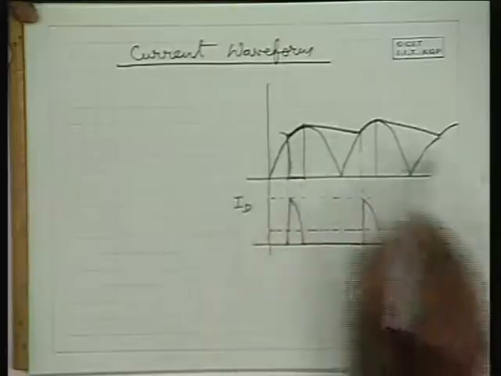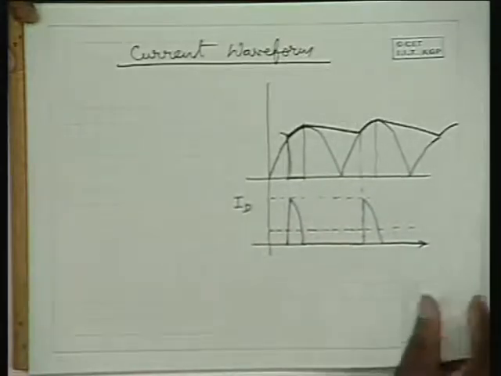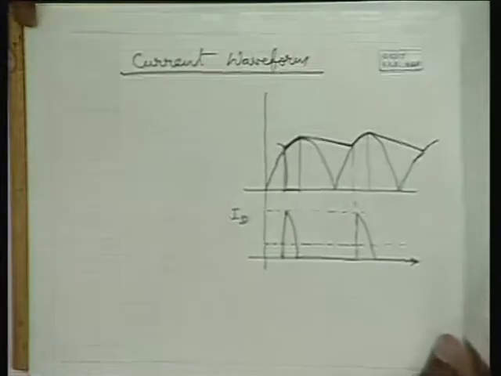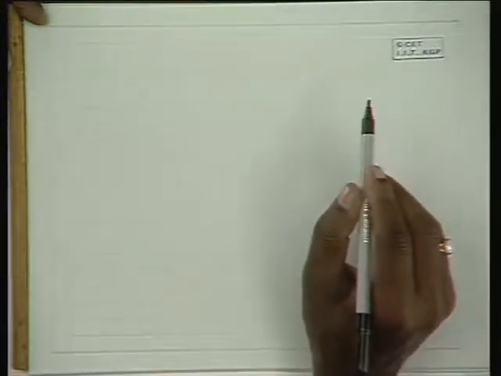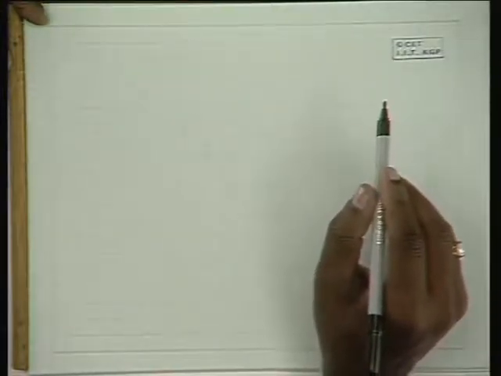Well, with this the ripple factor can be considerably improved, and if you want further improvement on the ripple factor, you have to go for a Zener diode across the capacitor. And before going into such Zener regulation circuits, let us also look into what is meant by voltage regulation.